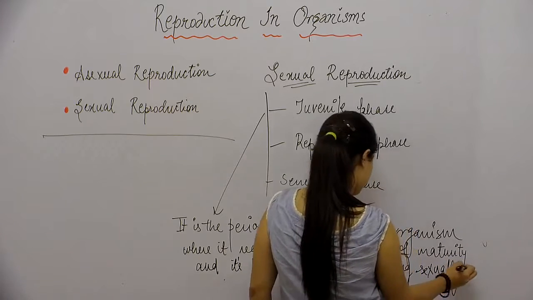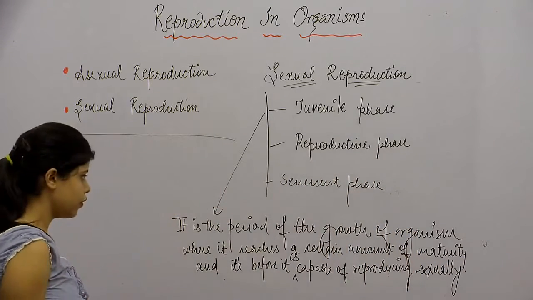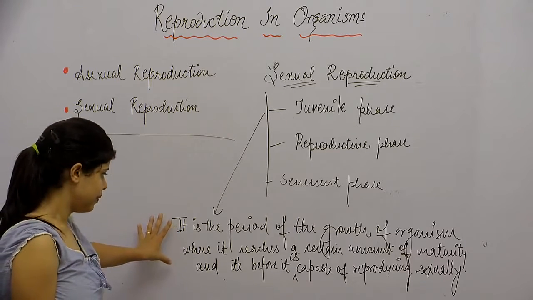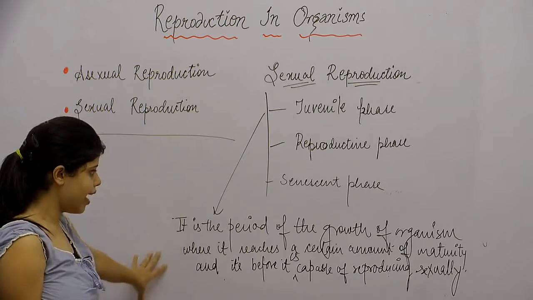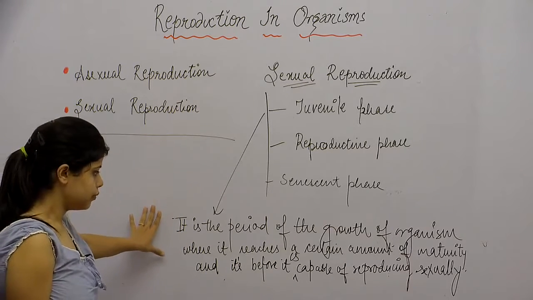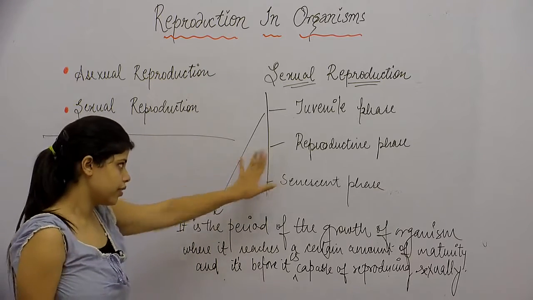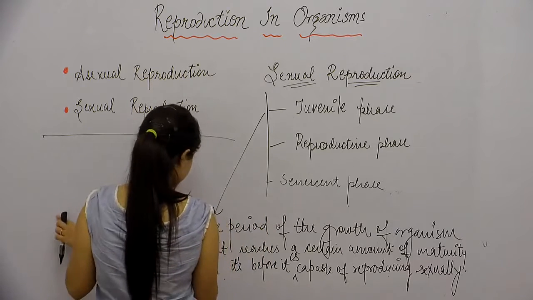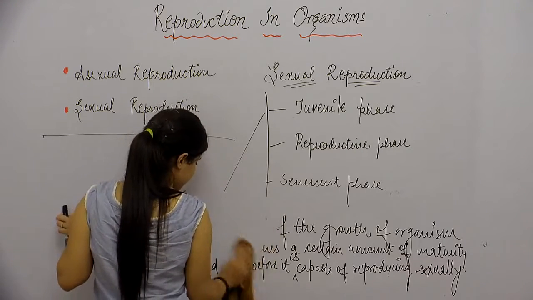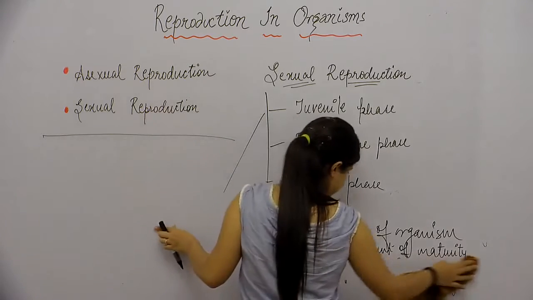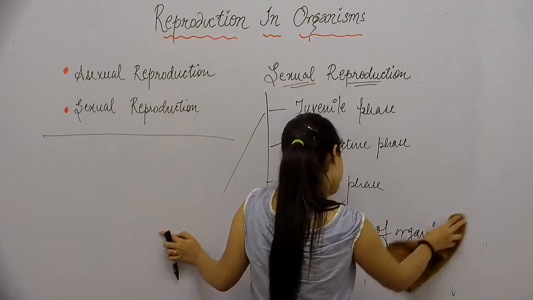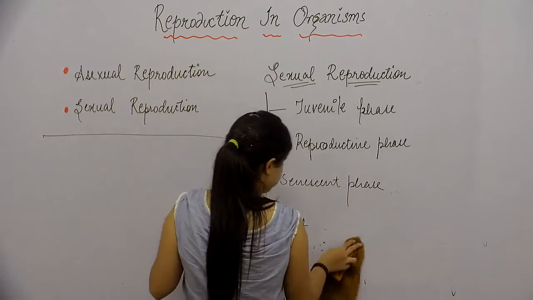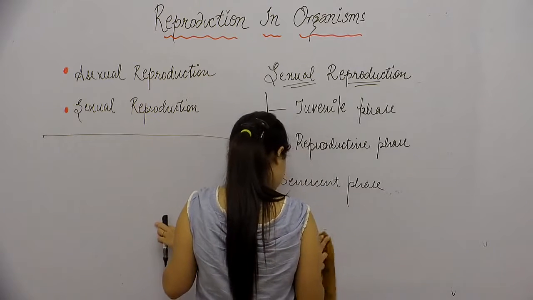Okay, so in this very phase, the development of the organism takes place, the entire development, and this phase is marked with the end, or not the end but the starting of the reproductive phase. Okay. So in case of the reproductive phase, the organism becomes capable of reproducing sexually, and in case of plants,